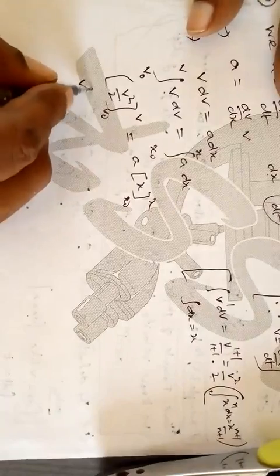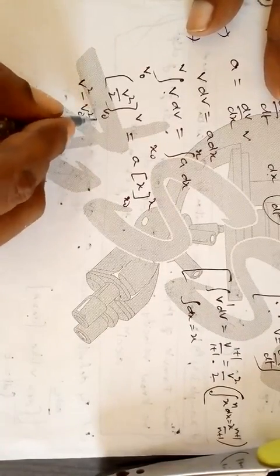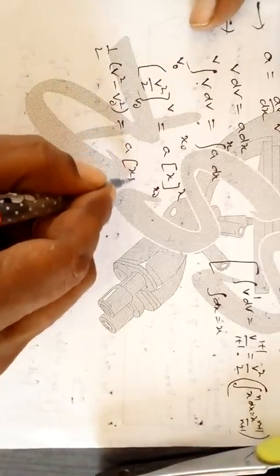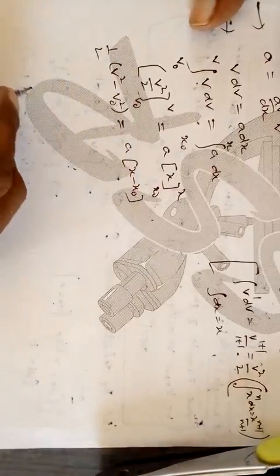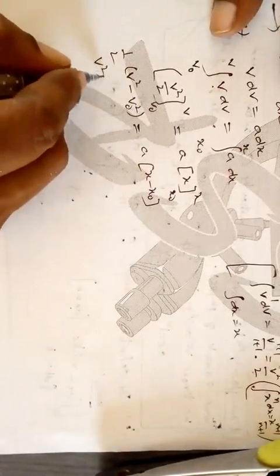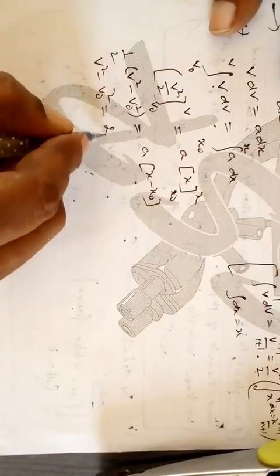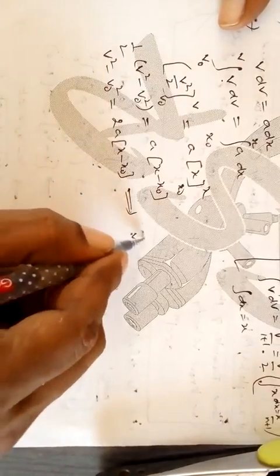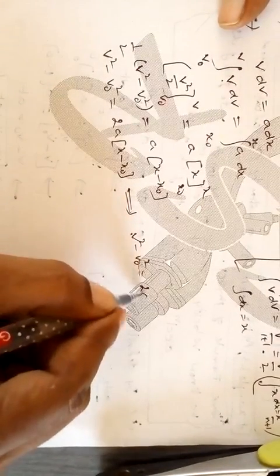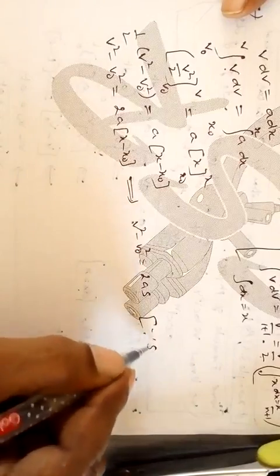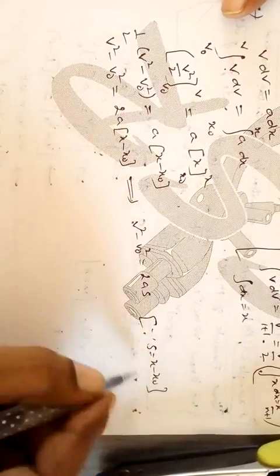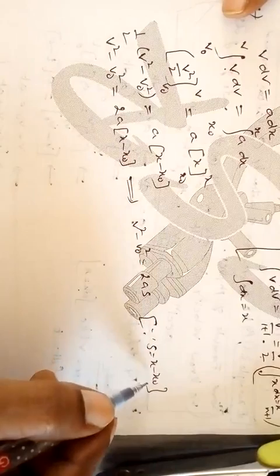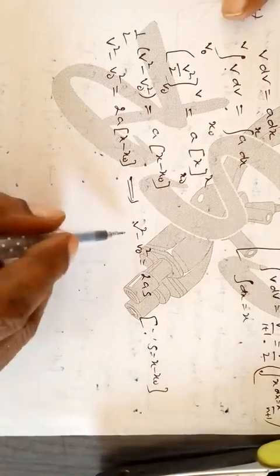Now v square minus v0 square, with 1 by 2 taken outside. Upper limit minus lower limit is equal to a times x minus x0. Cross multiplying, v square minus v0 square is equal to 2a into x minus x0, which implies v square minus v0 square equals 2as. Since s equal to x minus x0, what is this? Change in position, final position minus initial position, is called displacement. That's why I have written it here.